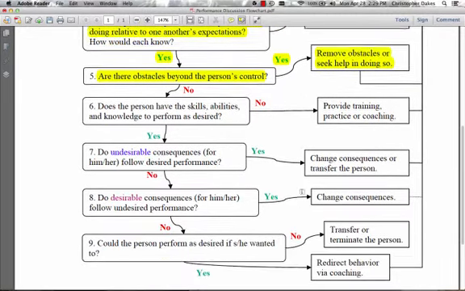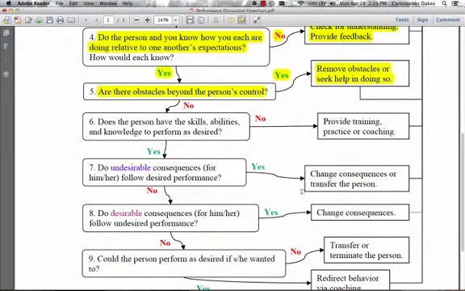It's not necessarily worth a performance discussion with somebody if there are obstacles in the way that have nothing to do with their motivation or their skills or their ability to do it. It might just be something that is beyond their sphere of control and sphere of influence. But if you realize that there are no obstacles that are beyond that person's control, then you ask the question, does the person even have the skills, ability, knowledge, and desire to perform as you would like them to? If they don't,